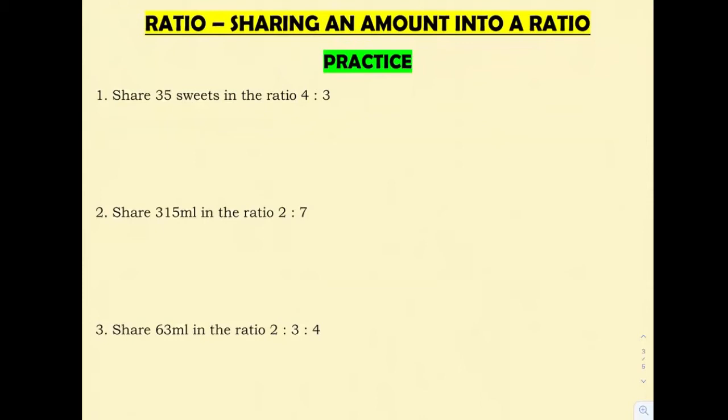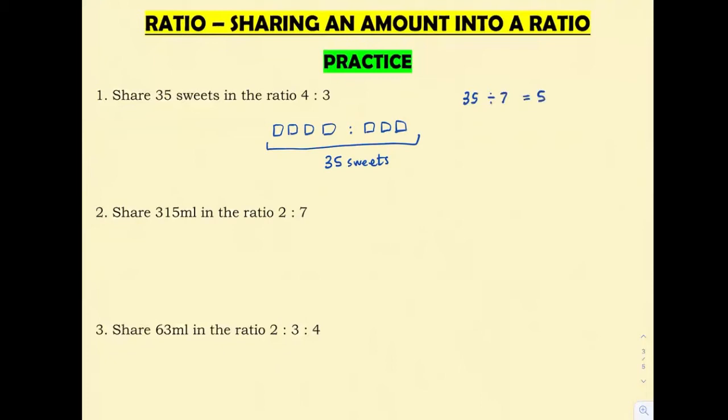So for the first question, we would draw out the diagram like this. So we know that here we've got 35 sweets in total, and we've got 1, 2, 3, 4, 5, 6, 7 parts altogether. So I'm going to share 35 between the 7 parts that I've got,